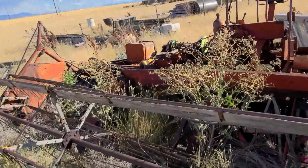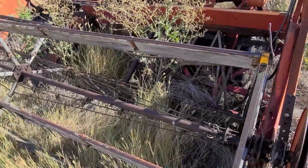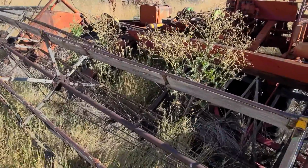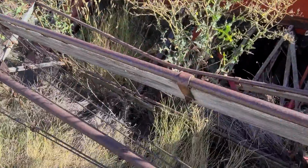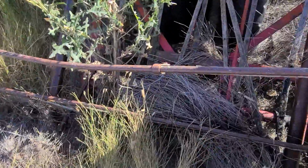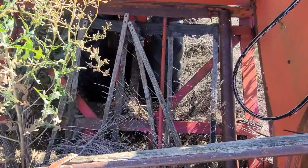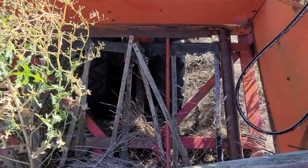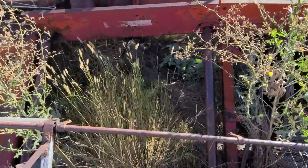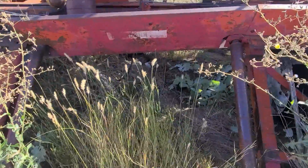I'm gonna go with a swather based on what I see. And the reason I'm going with it being a swather is you have the cutter up front here. This right here is gonna kind of cut your grass up and everything like that. You're also gonna have a cutter down there, which I'm not seeing, but it could just be buried. You're gonna have a cutter down there at the bottom, and then you have these belts here that when they are full, not right now because they're all damaged because I've been out here, but when those are full, those are gonna move the grass to the center area right here. Right here. So then the grass is going to go there, and then it's going to push it out as